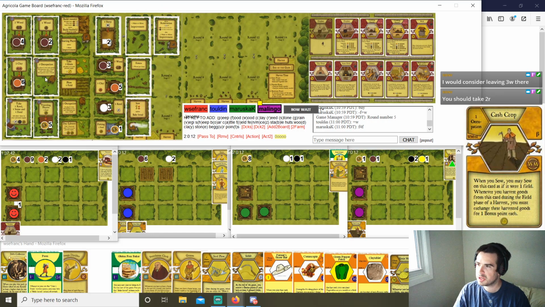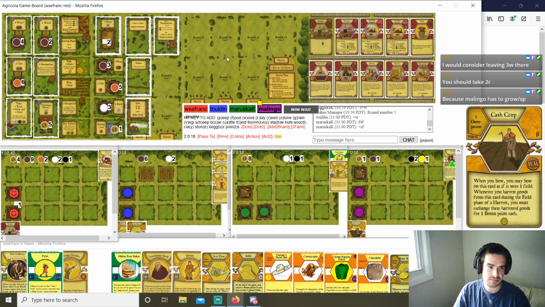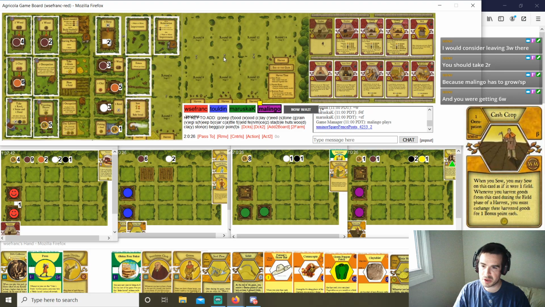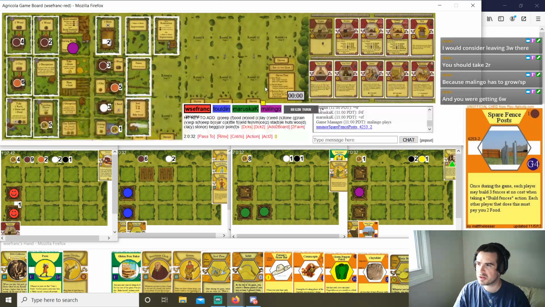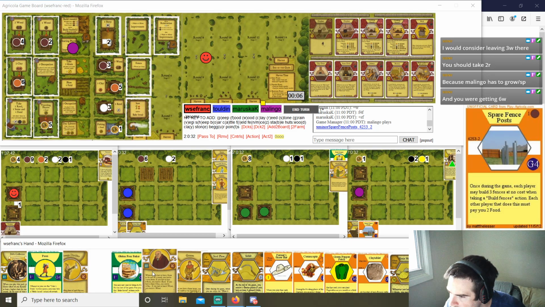Since Family Growth didn't flip, I'm going to take the clay and try to set up Storehouse Clerk, maybe. And you know what? This Storehouse Clerk wood can't be bought by maruskaK. Maringo has to grow or start player. You think so? I don't know. Maybe. Yeah, I mean, he is first move start player in here, so I would have got 6 wood. I don't know. I really did not think I was getting that, but...